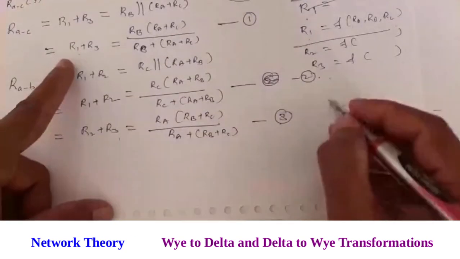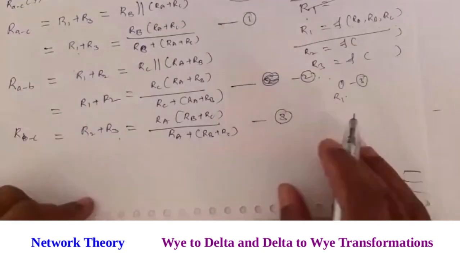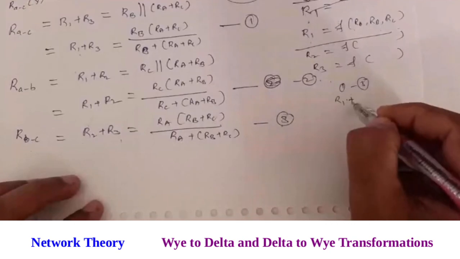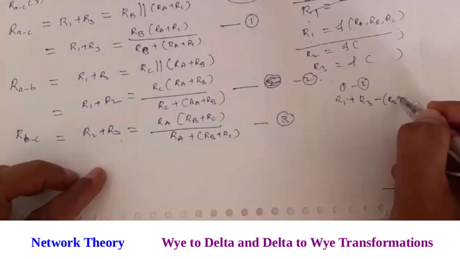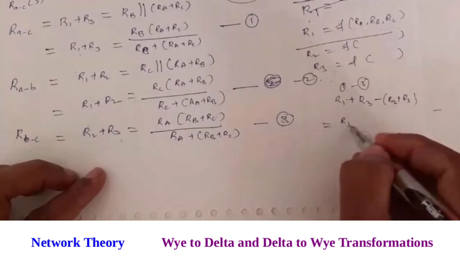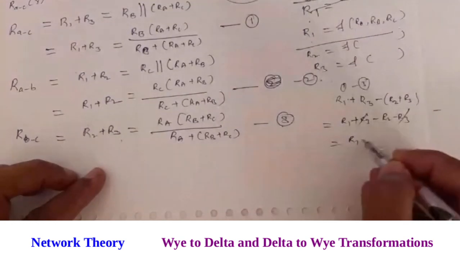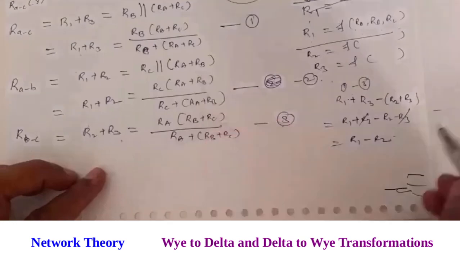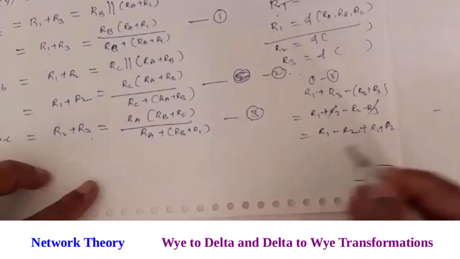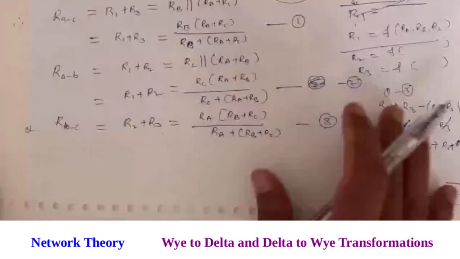If I initially subtract, say equation 1 minus equation 3, what will happen? Equation 1 is R1 plus R3, and equation 3 will be minus of R2 plus R3. So obviously we get R1 plus R3 minus R2 minus R3, R3 gets cancelled, we get R1 minus R2. Later, if I add this equation with equation 2, which is R1 plus R2, R2 will get cancelled, we get 2R1, nothing but the total equation will be in terms of R1 only. This procedure we will adopt, dear students.